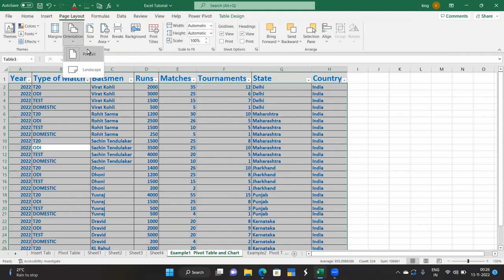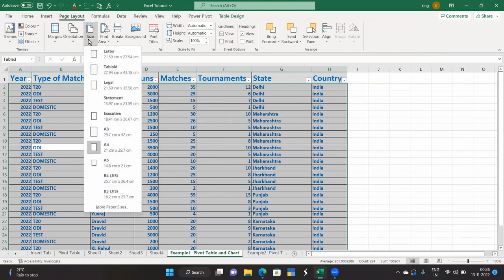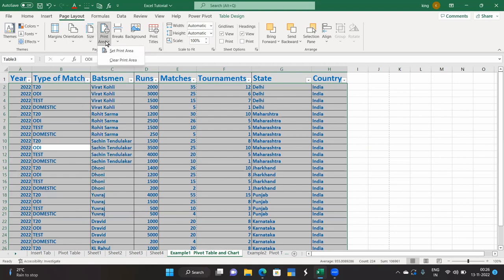Orientation: whether you want to see a vertical page or a horizontal page, portrait or landscape, based on the type of page that is available with the printer. Based on the page that you want to print, you will be selecting the size of paper. When you don't want to print the total area,